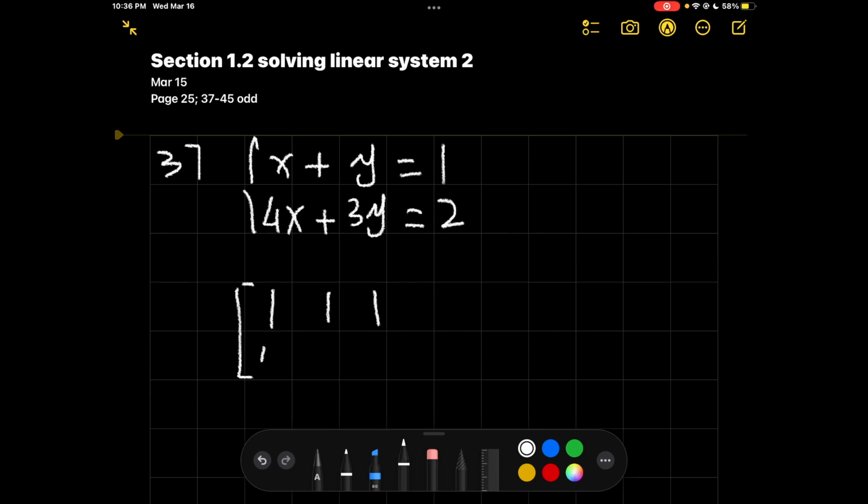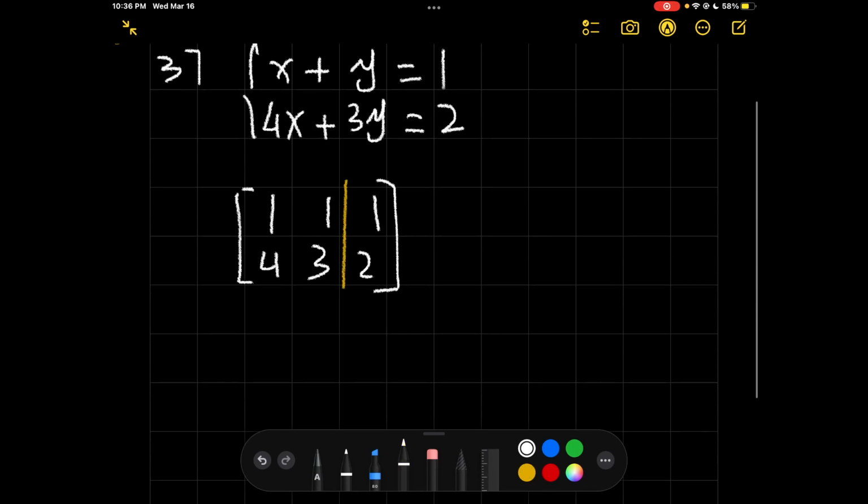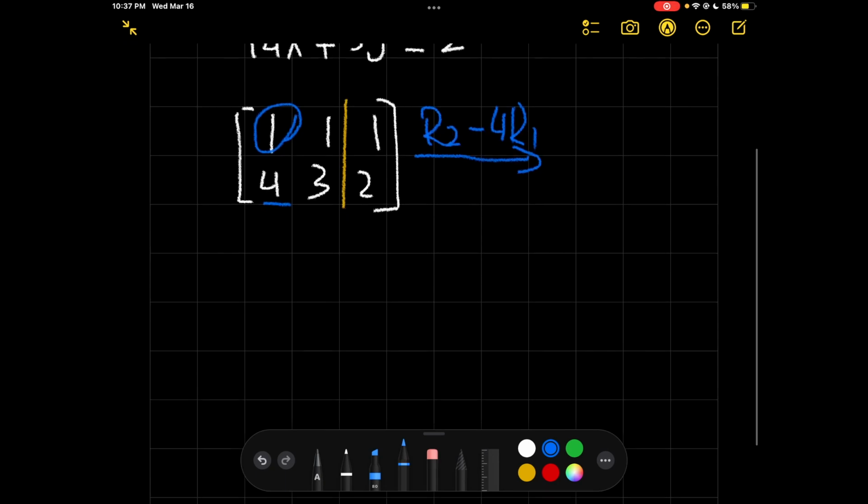1, 4, 3 and 2. So we have a leading one, which can also be a pivot. Now using it as a pivot, we're going to knock out the 4. What we can do is row 2 minus 4 row 1, and now we have